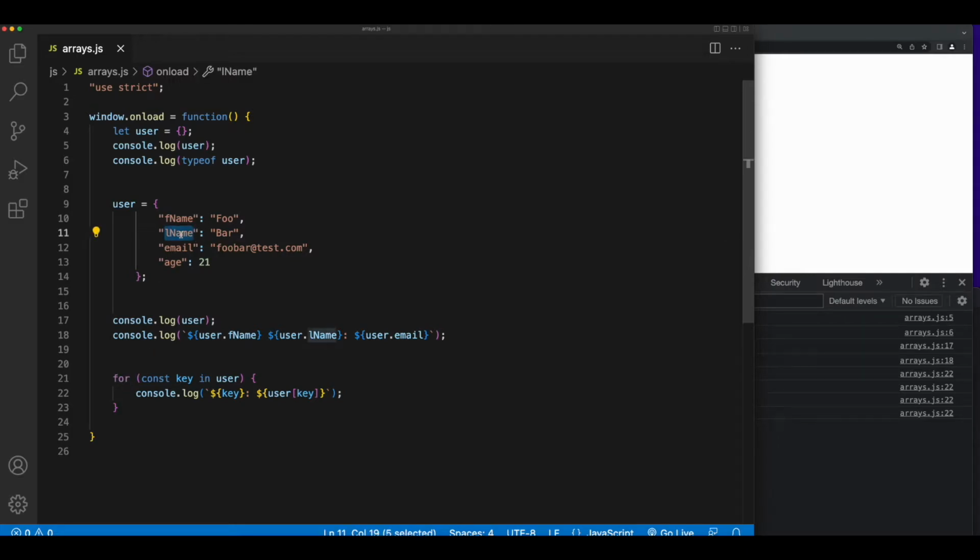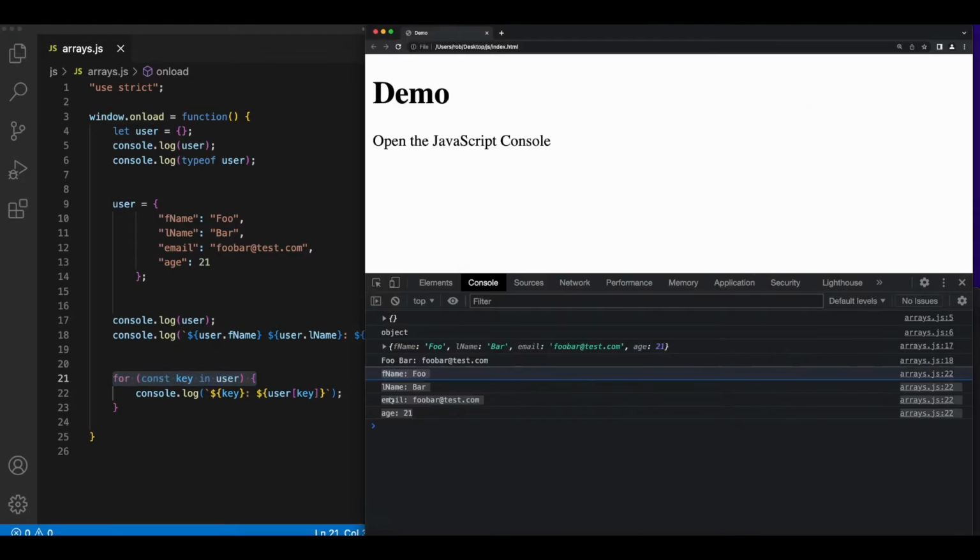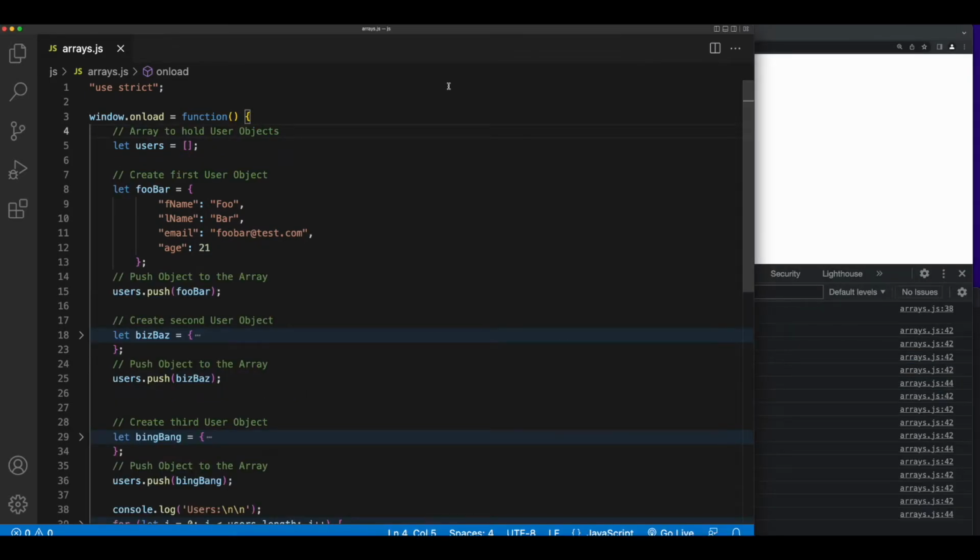It's lname, so we would print lname, then use that key to go into the user object at that key and get its value, and then continue doing that as long as we have keys in the object. So if we run this code, we see that we've printed each key and its value. So now that we know how to create objects in arrays and traverse them to get their properties and the elements' values, let's put those two